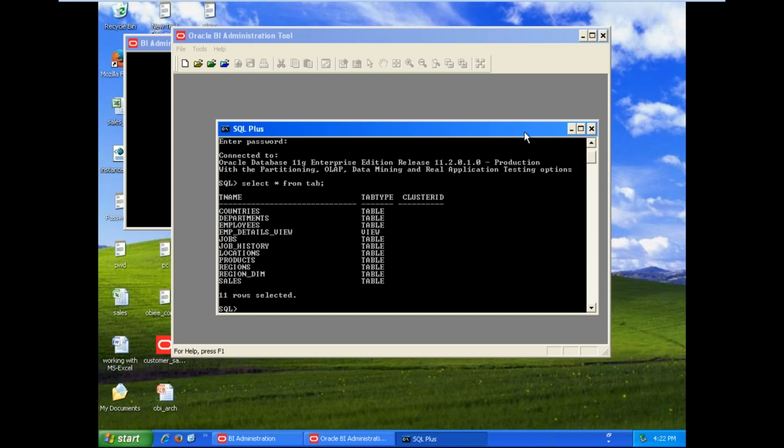Now see here, various metadata objects are listed in the database. If you want to import them to our technology, you need to create a new repository in the Oracle BI Administration Tool. That repository has a set of logically derived metadata models from one or more physical models available in the respective data sources. This logical-to-physical model mapping is called one repository.